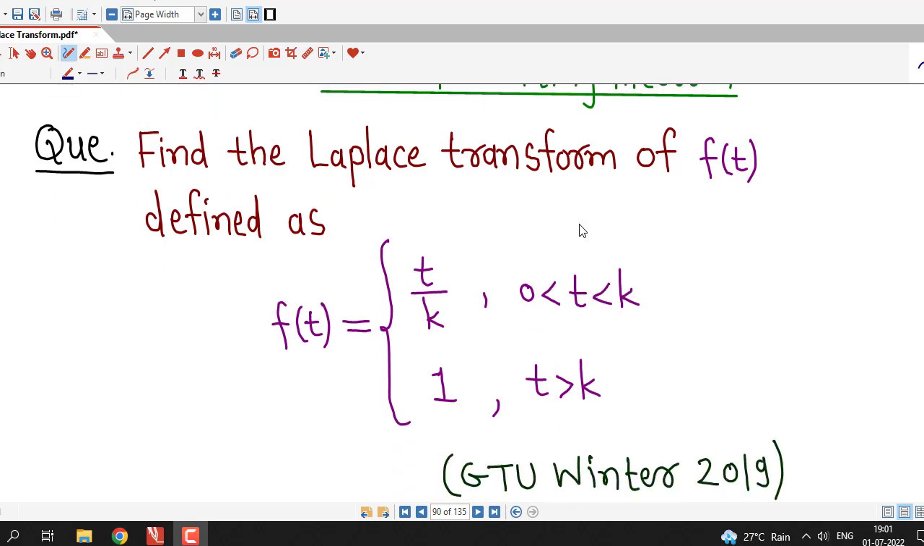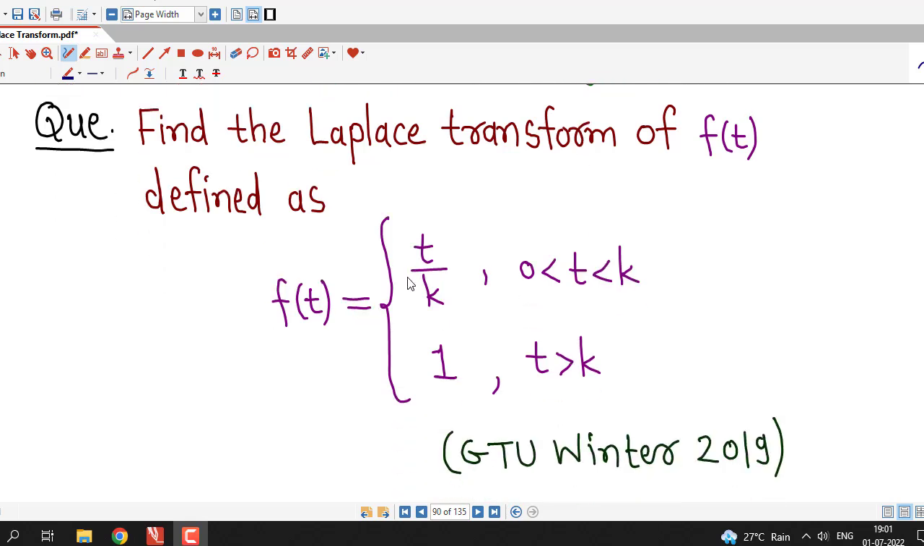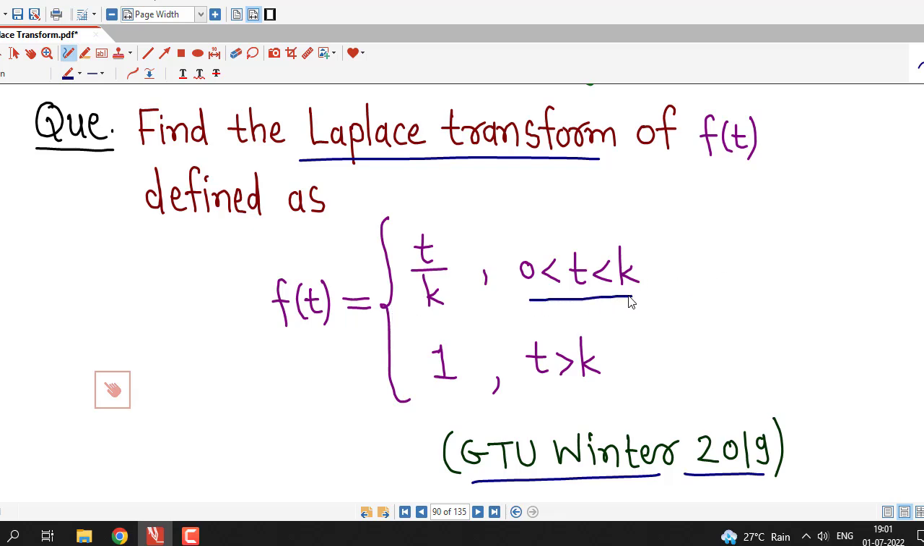In this lecture we will discuss this question on finding the Laplace transform, and this question was asked in the GTU Winter 2019 exam. The function given is a discontinuous function. The function is different in these intervals. In 0 to k, the value of the function is t divided by k, and in k to infinity, the value of the function